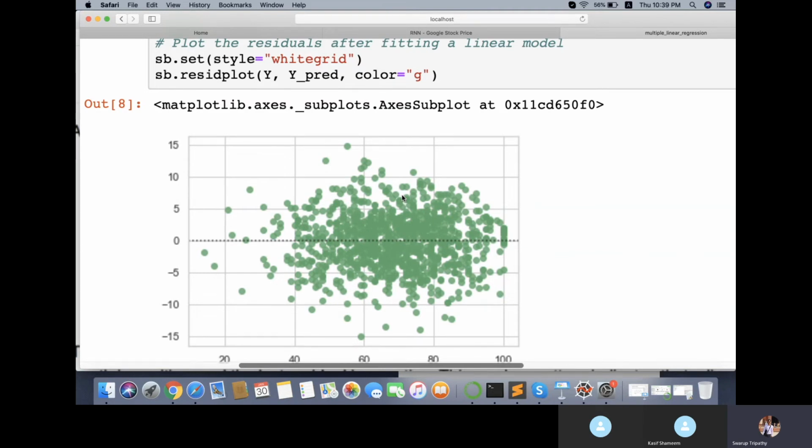A linear model means we use the algorithm that is linear regression. Like that, we have non-linear algorithms also. If the residual points are mostly on the positive side and very few on the negative side, in that kind of scenario we will go with non-linear algorithms or non-linear models.